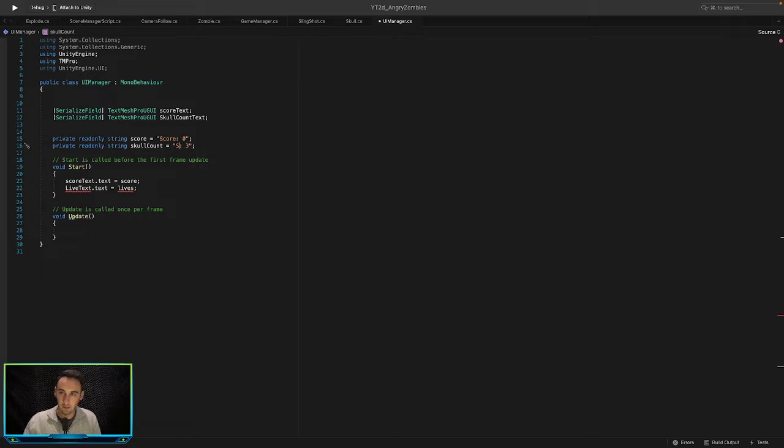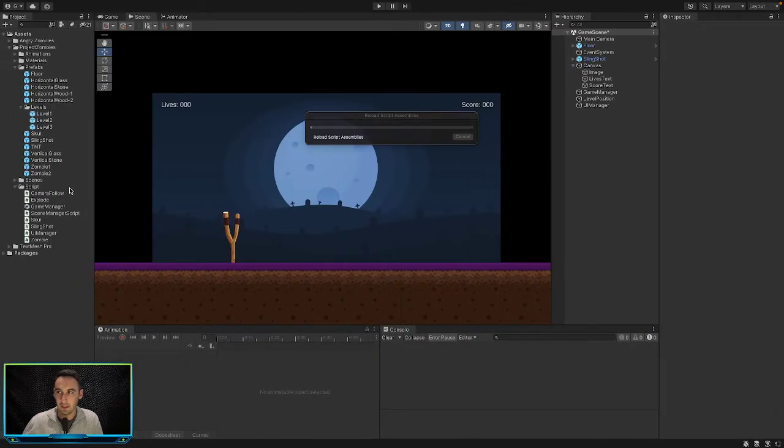and then for our text we'll say skulls, and then we'll just change these. Skull count is equal to that, that, and this one is skull count text. This needs to be lowercase, and then here we'll say skull count text dot text is equal to skull count. So that's fine. Now if we go back in, oh, did we save that? Yes, we did. So if we go back into Unity,